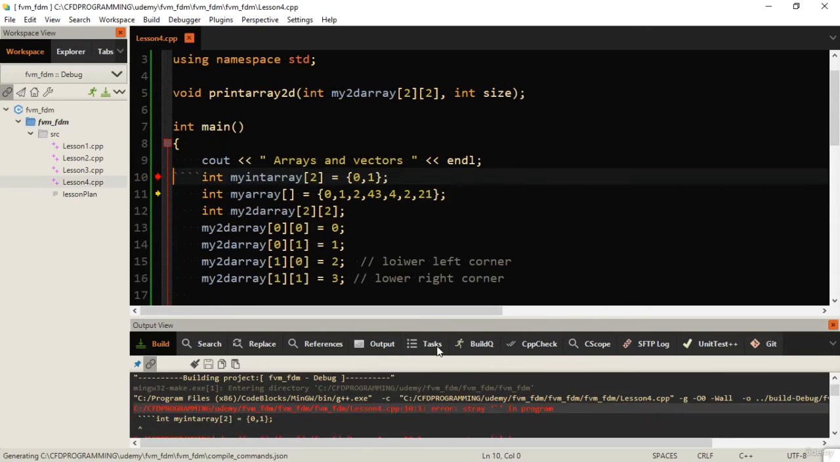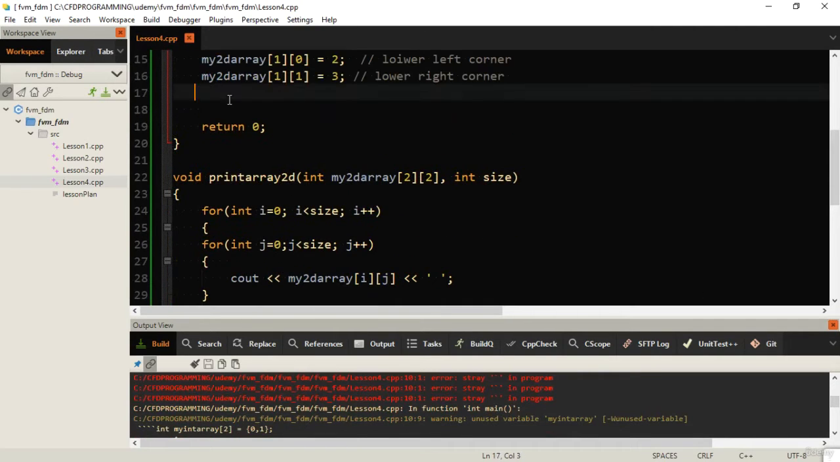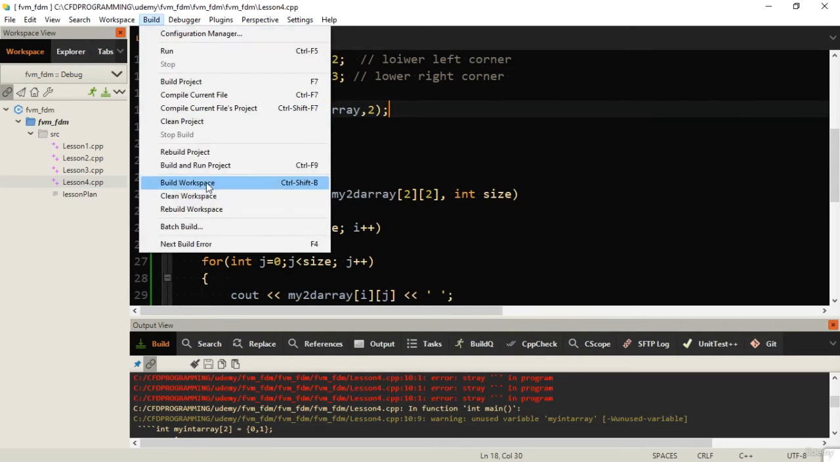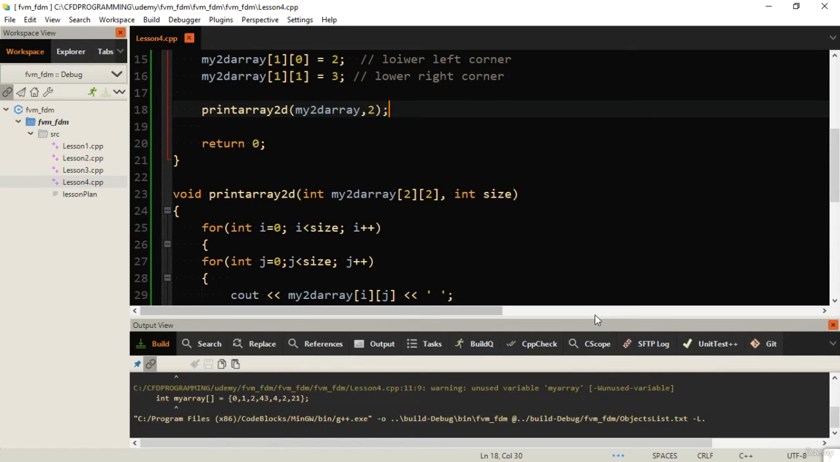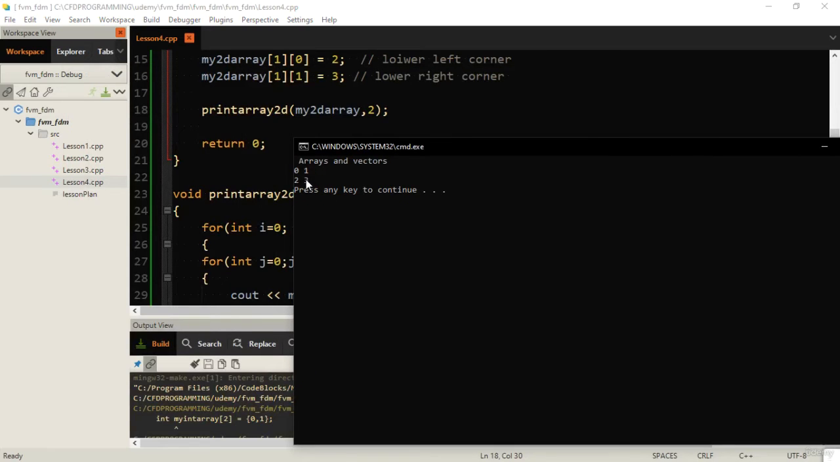Of course it's not going to work because I have some strays here and I haven't called this function yet, right? So let's call this function print array 2D, and our array is my 2D array and size is 2, right? Let's hope that this works. And yeah, so we said that 3 should be the lower right corner and 2 should be the lower left corner,